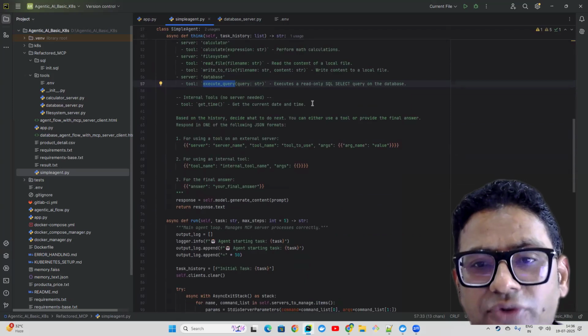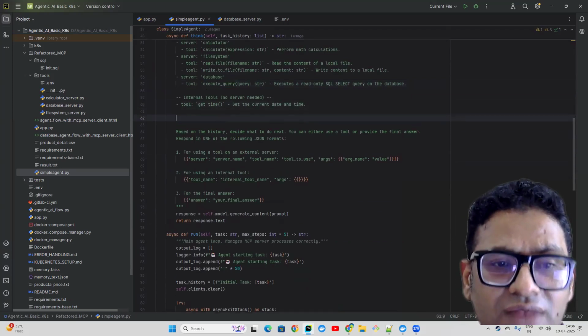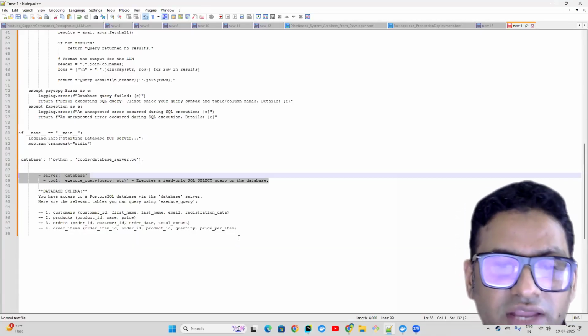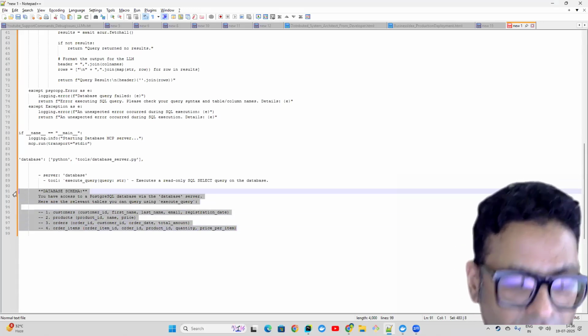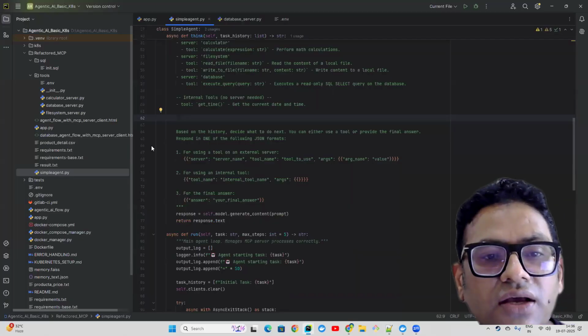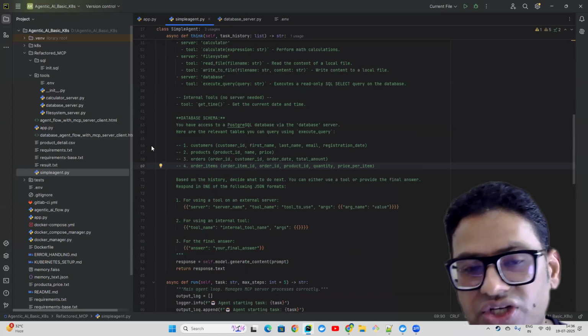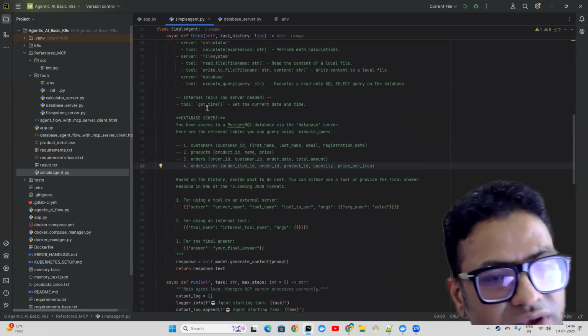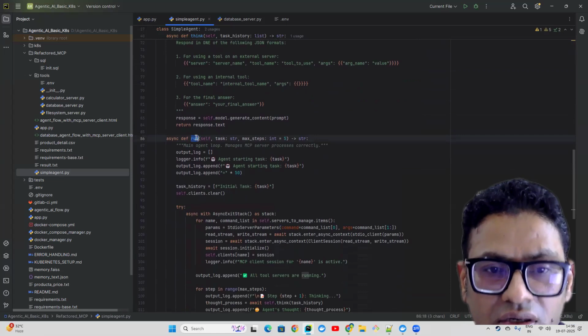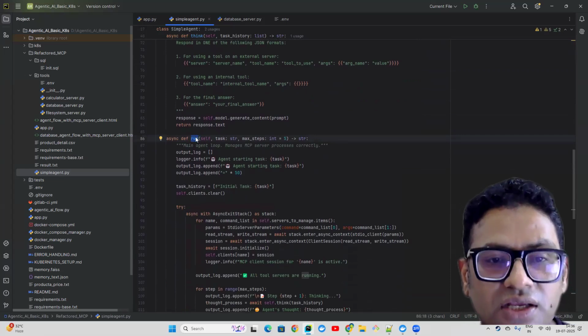The next thing you have to do: now we have these internal tools, and then we have to tell the large language model what kind of database schema we have, right? So here we can add this information. That's the only change we have to make, because of this run method, which after the thinking starts acting on those small